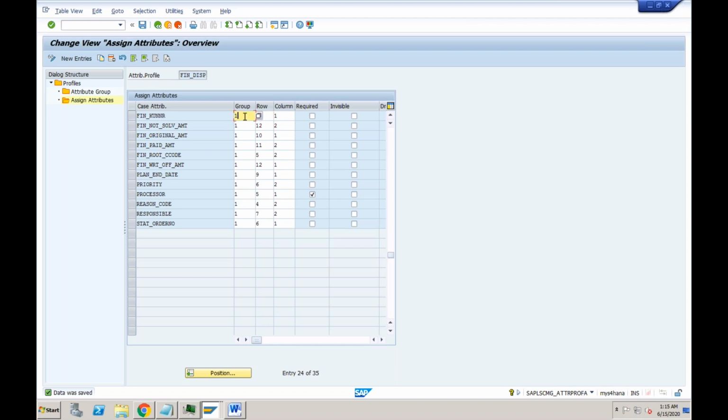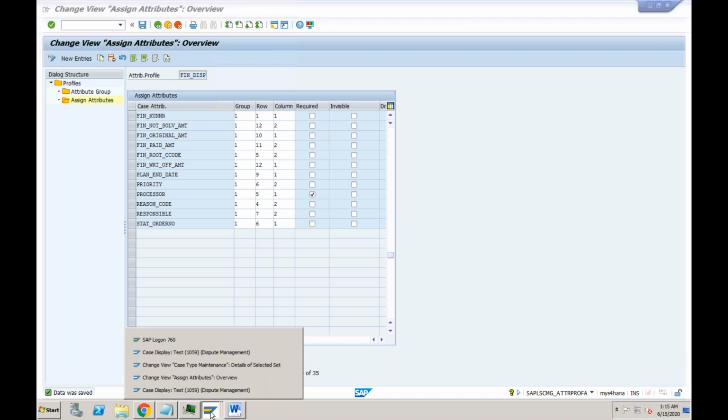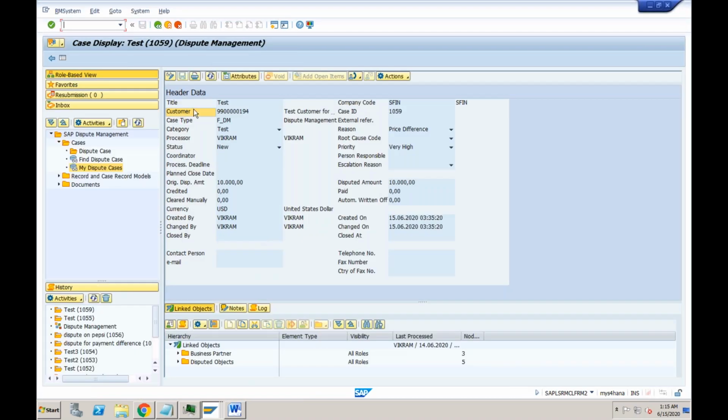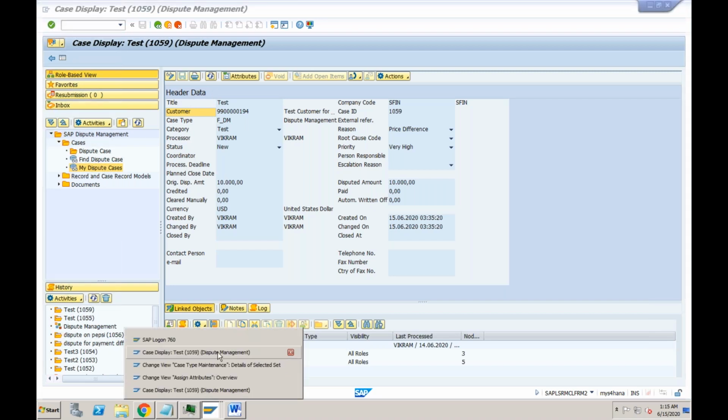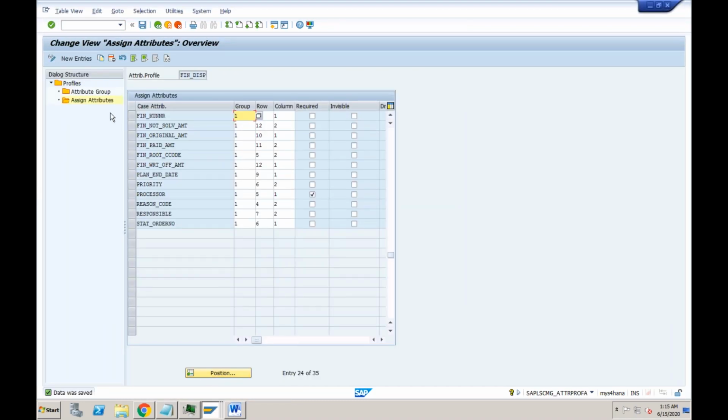Okay, so there is only one group as of now. If you see this one, there is only one group, that is header data. If you want to create multiple groups, let's say you want to divide these fields into multiple different groupings, you can create your own groups and you can assign those fields to the groups whatever you want, in the way you want, right? So as of now, there is only one group, and that is the reason you can see all the fields are coming under the single group. But if you want to divide this into two, first thing you need to create a second group here.